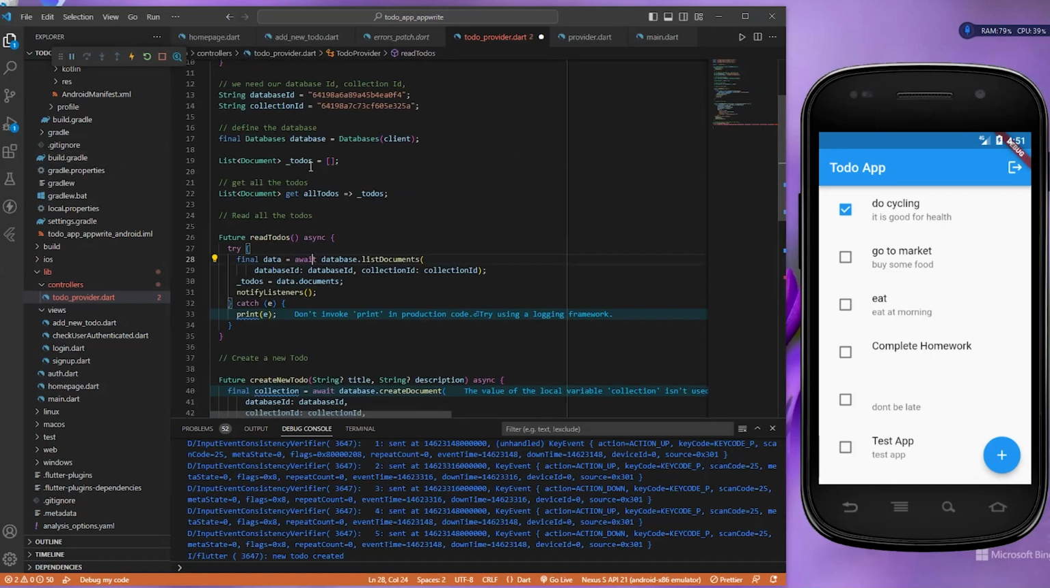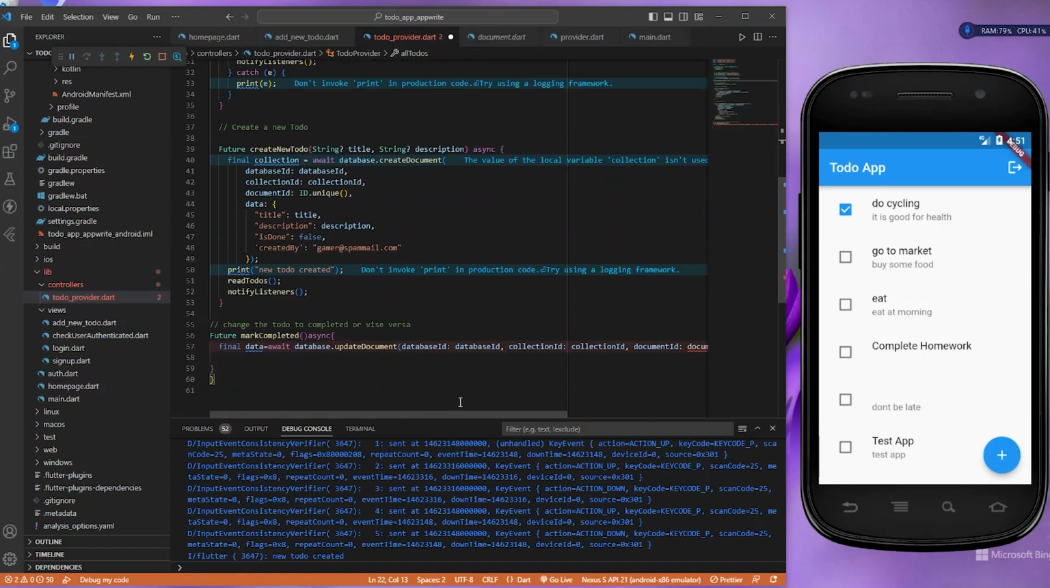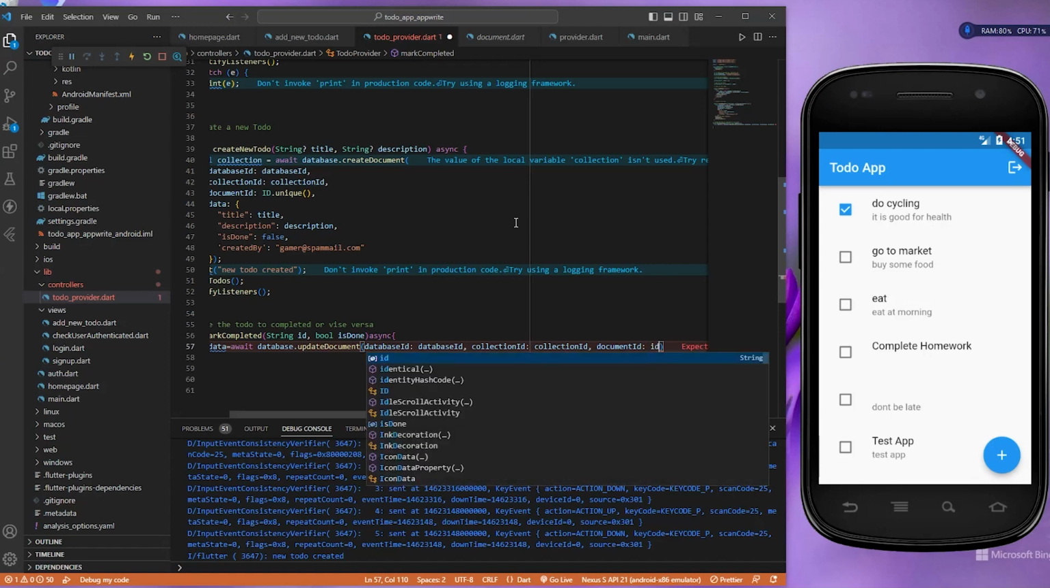If I show you the document, that document model written by Appwrite, this is the ID. So if we get inside document, we will get $ID as ID. So we just need to accept the ID, document ID. I think it will be in form of string, and the result as a Future. So here we are sending the document ID as ID,